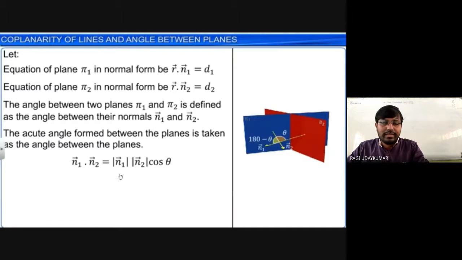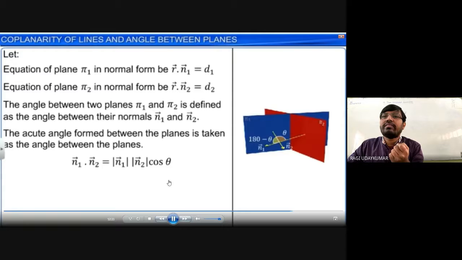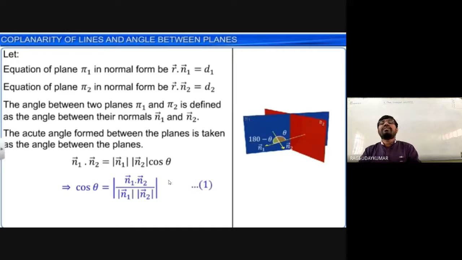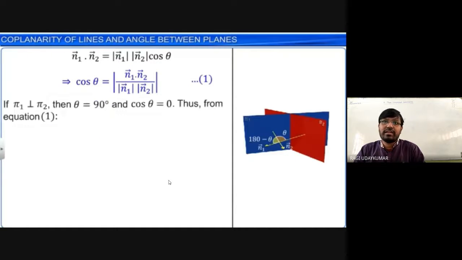When the two vectors is given to you, angle between the two vectors, formula is cos theta is equal. Dot product starting में see clear है. Dot product whenever I taught to you at that time. So the dot product formula is this one. So cos theta is equals to the determinant of the n1 dot n2 by magnitude of n1, magnitude of n2. This is the angle between the two planes, and planes are given in a vector form.